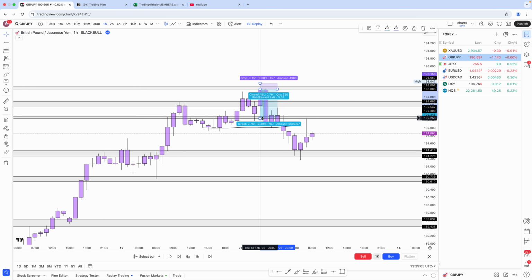So it retested this broken structure. We broke below the 92 and then continued down. So this would be our target. Now, these two prices have to break below in order for us to continue down, but this was already like a 1 to 10, 156 pips. Most people would be out by then. But the point is,